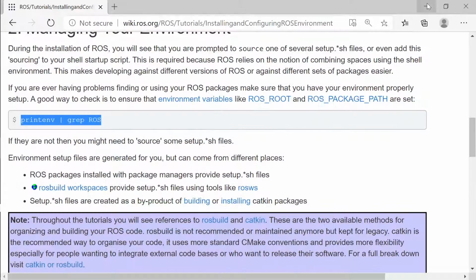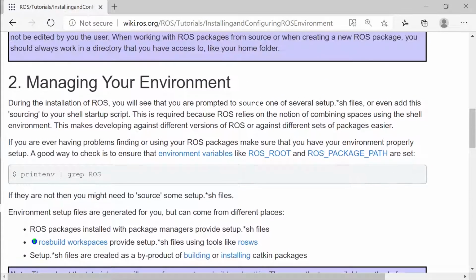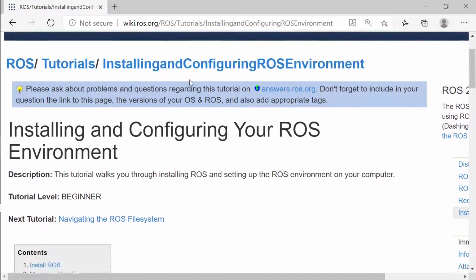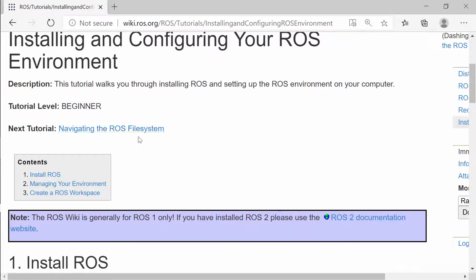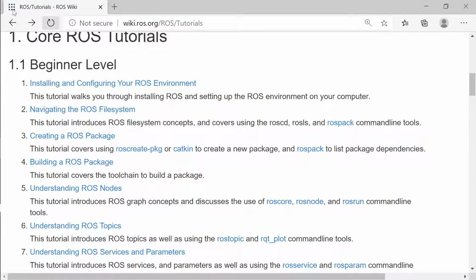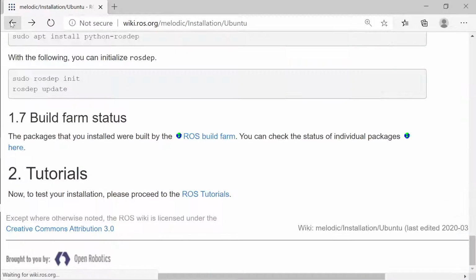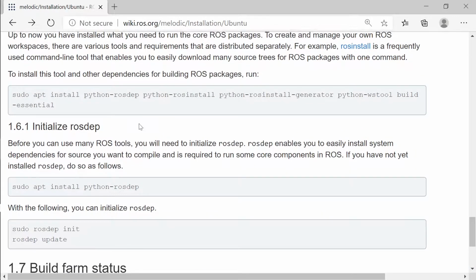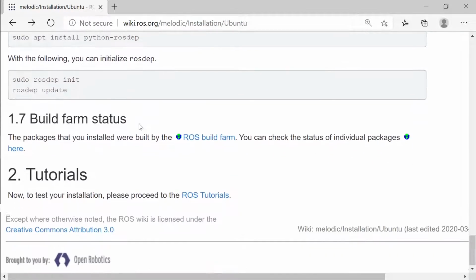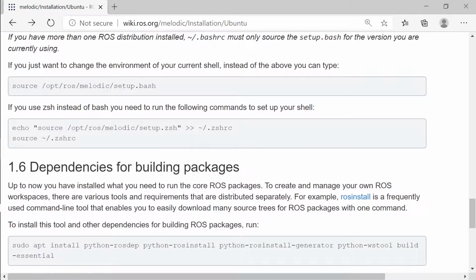So let's have a look at that command. We had it on the previous page, no? That command was this, no?